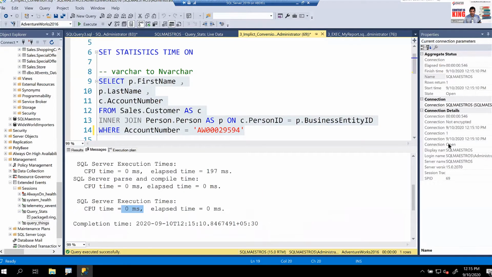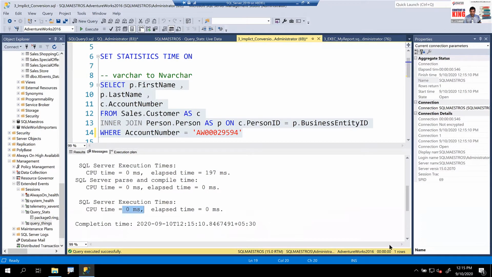Another thing that comes to your mind, and let me try talking to you about this. Let's use the chat window again and let me ask you all a question. 766 milliseconds is even less than a second, and sometimes this could be just 200 or 300 milliseconds. Do you really worry about every millisecond in the query? If I'm able to tune this query and bring it down from 200 milliseconds to 0 milliseconds, is that what you want to worry about? Is it important that a query is taking 500 milliseconds more, half a second more? Your response in the chat window. Does it bother you? That's the question.